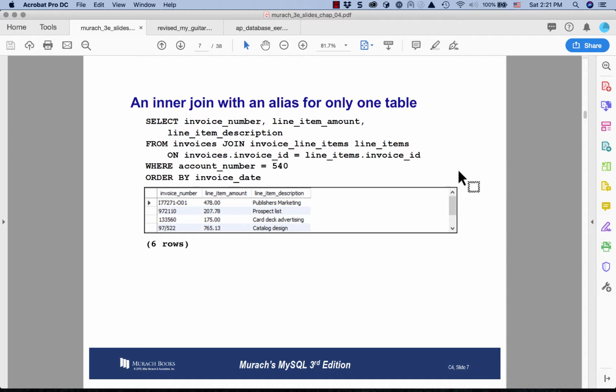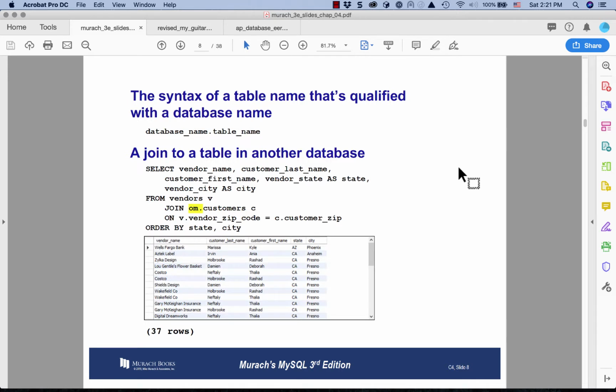Okay, what if we think that there's a relationship between columns in two tables that's not part of a formal relationship between the two tables, but we think, you know what? The vendor zip codes in the vendor table, they're the same kind of zip codes that we're using in the customer table. What if we try to find out which customers are in the same zip code as the vendors? Well,